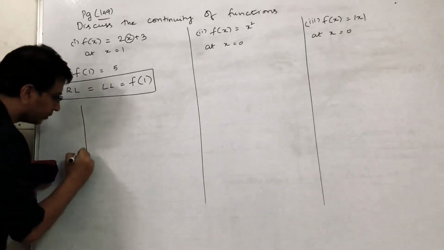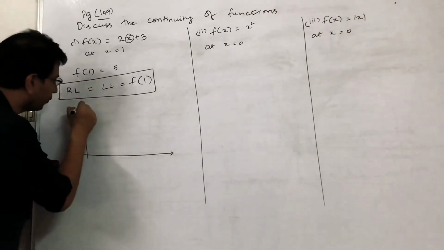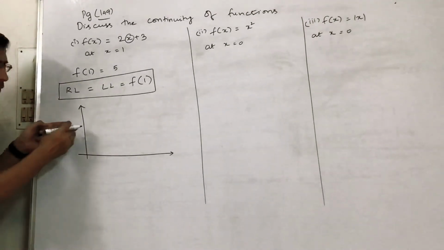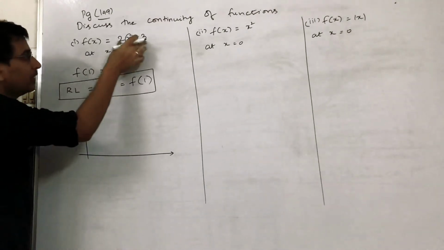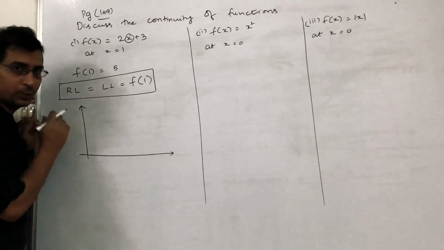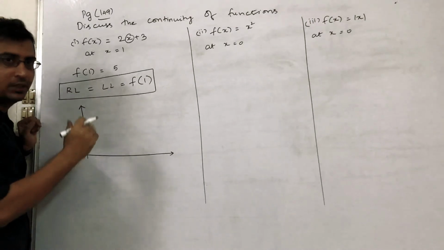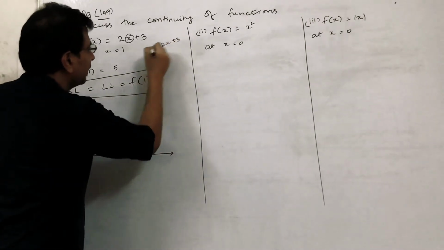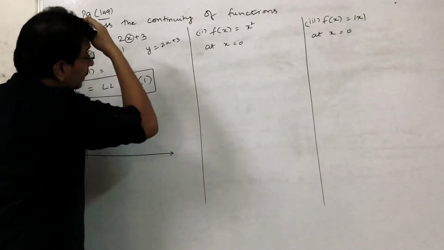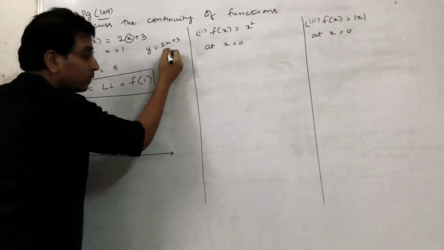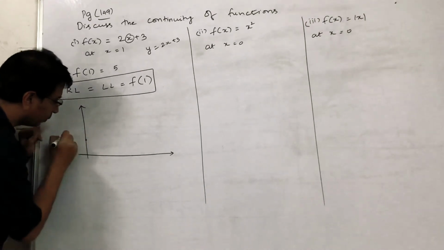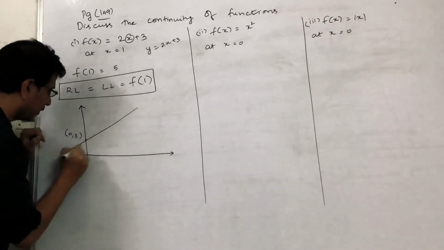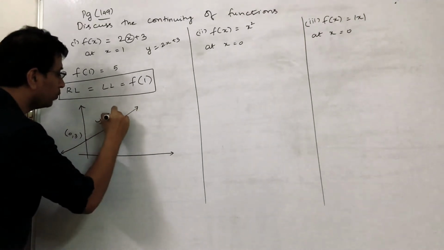Though this is not given in the textbook, as I told you, for simple functions try to analyze them graphically. So we are trying to draw the graph for it. The given function is y is equal to 2x plus 3. We know that a linear equation in two variables is going to be a straight line. Generally f of x we take as y. So when x is equal to 0, y is equal to 3. So this point is going to be (0, 3) and the graph will be like this. So it is a straight line, y is equal to 2x plus 3.